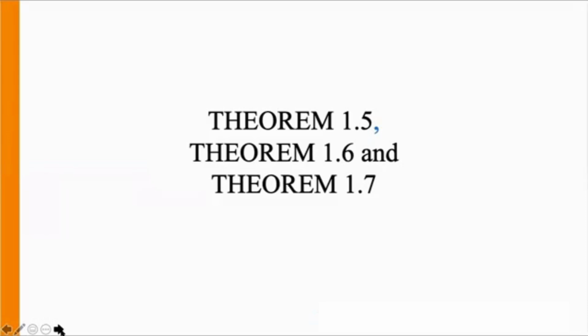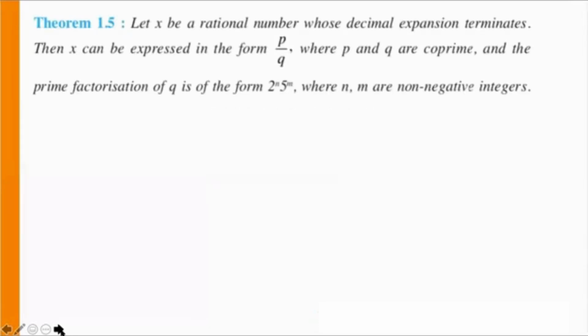We are going to understand theorem 1.5, 1.6 and 1.7 using some examples. So theorem 1.5 says that let x be a rational number whose decimal expansion terminates. Then x can be expressed in the form of p by q, where p and q are co-prime, and the prime factorization of q is in the form of 2^n 5^m, where n and m are non-negative